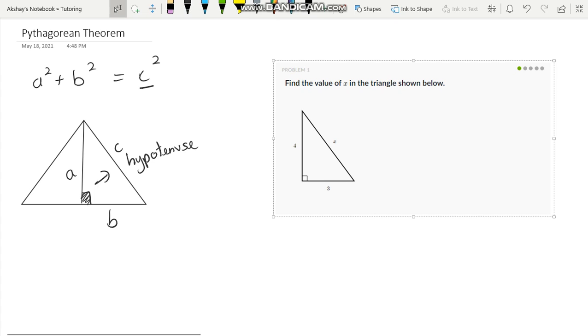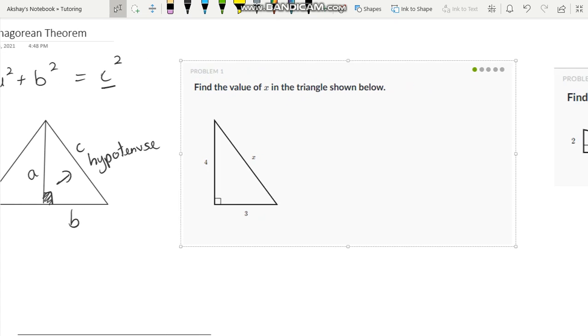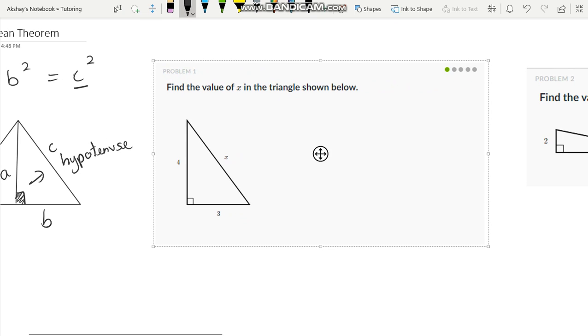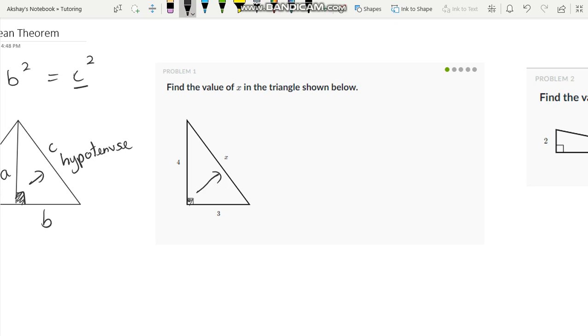Now moving to our first problem here, it says find the value of x in the triangle shown below. So we have 3 and 4 and we're asked to find our hypotenuse because it's the side opposite to our box or rectangle thing, which is also the angle that is 90 degrees. So we can write out our Pythagorean theorem nicely here. a squared plus b squared is equal to c squared. And again, a and b are interchangeable. So we're going to say a is equal to 3, b is equal to 4. But we know c is always going to be the hypotenuse, which is x, which is what we're trying to